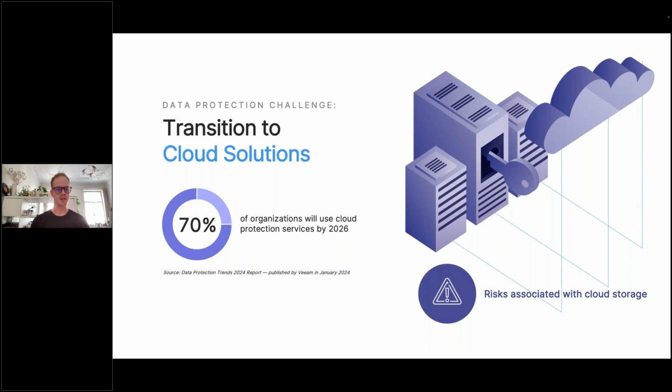Anyways, we can see now, 70% of organizations will be using cloud protection services by 2026. And with so many companies putting all of this data into the cloud, there needs to be a way to control that data and make sure it's not going where it shouldn't.